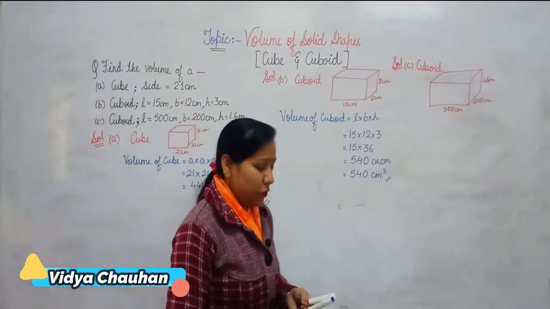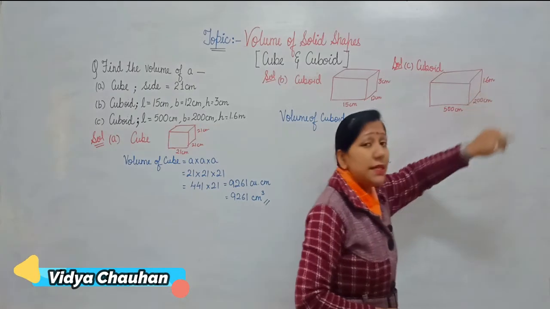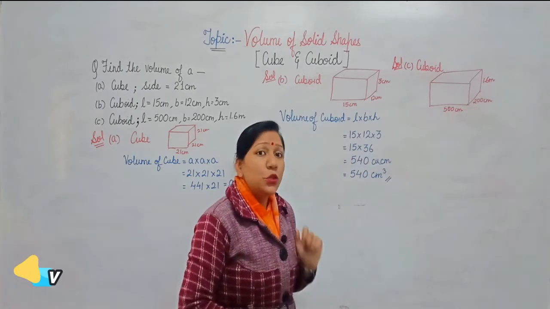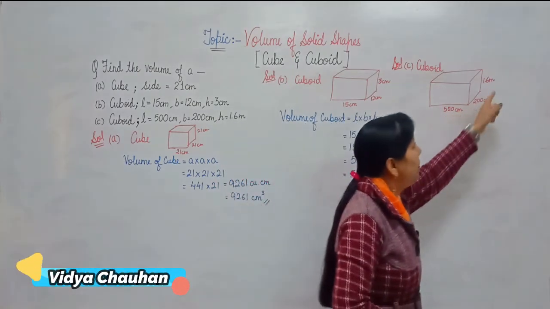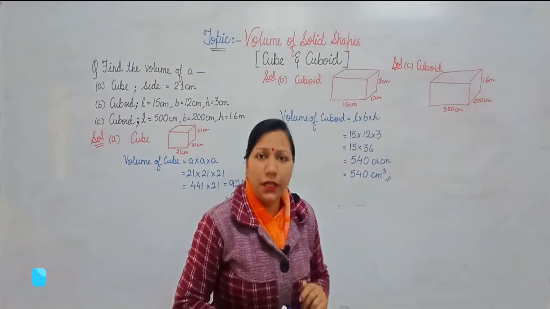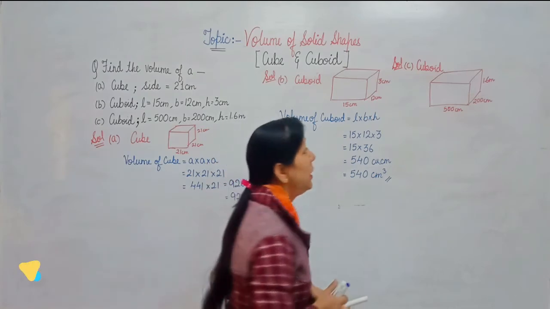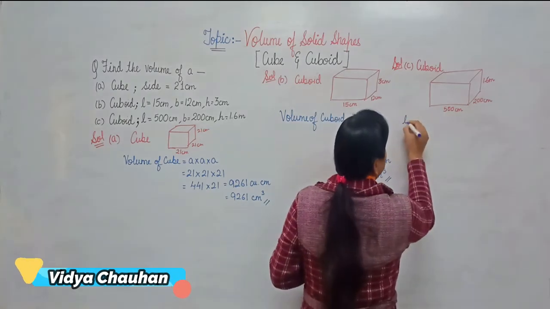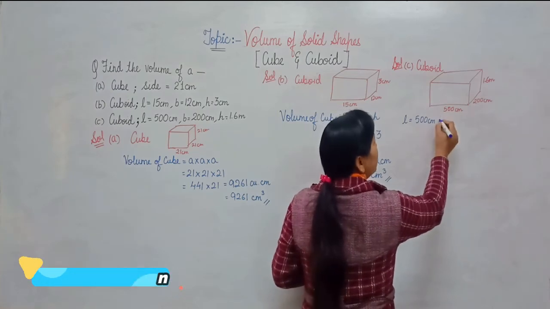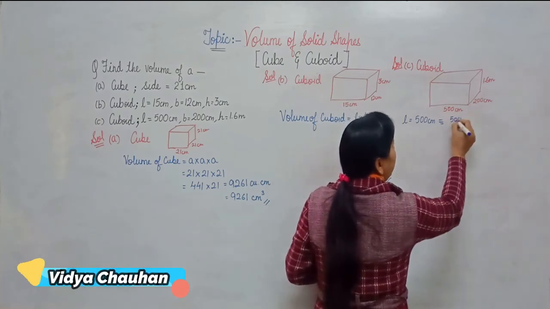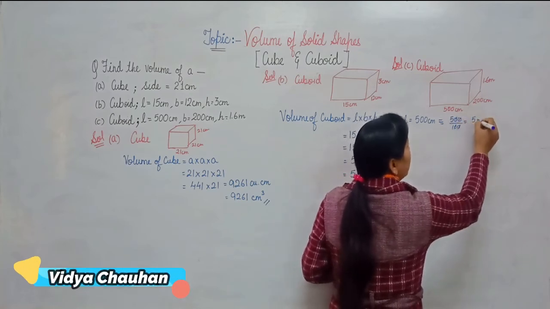Here students, as you can see very clearly that length and breadth are given in centimeter, whereas height is given in terms of meter. So we cannot directly do the multiplication and put the formula, because the measurements, that means the dimensions, are given in different metric units. So very first task is to convert them into the same unit. Starting with that, length is given to you as 500 centimeter. If I convert this into meters, I will be dividing by 100, because 100 centimeter makes 1 meter. So dividing by 100, you will get 5 meter.